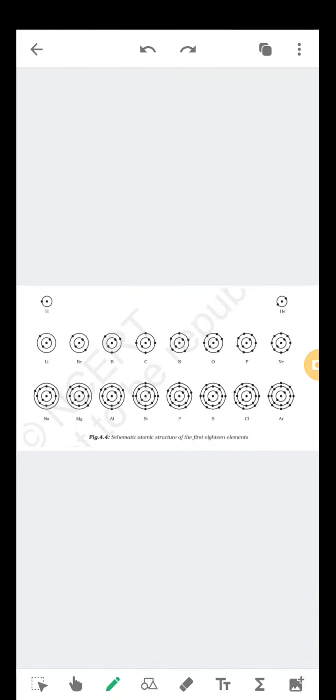So we had seen in the last class the electronic configuration, how electron distribution had taken place in the first 20 elements. I had also told you to draw the structures regarding the same and also write the electronic configuration. Okay, so this is the electronic configuration, how electrons are distributed in each element. Suppose hydrogen, if you take, the atomic number is 1, so the electron will be 1, so it will fall in the first shell, that one electron will be placed in the first shell.